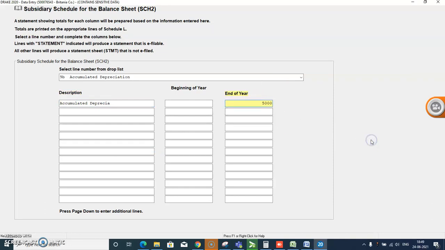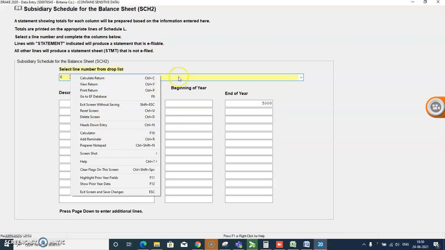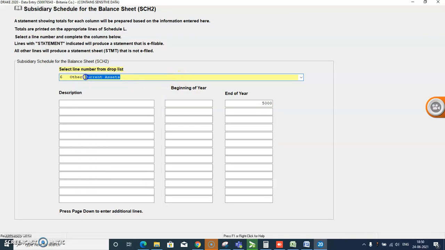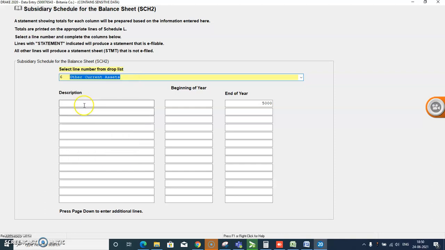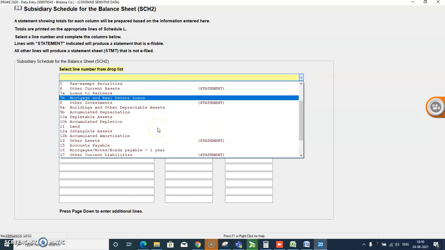Okay, we can see everything here, whatever we have done previously. Copy, paste. Now another item of assets, other assets.